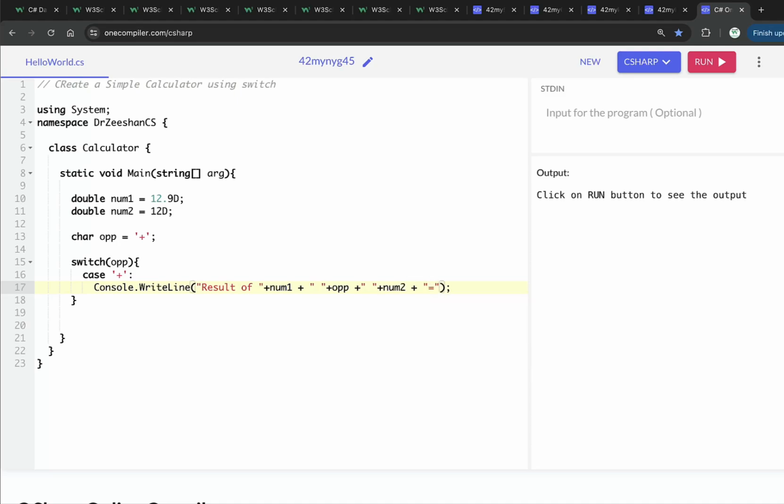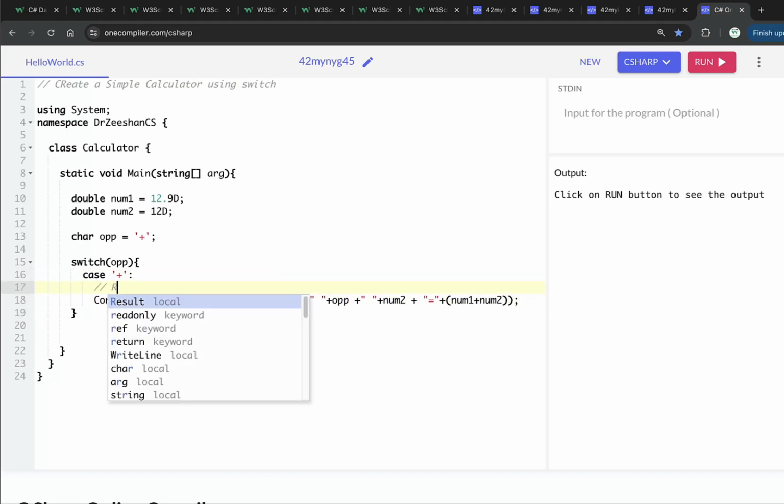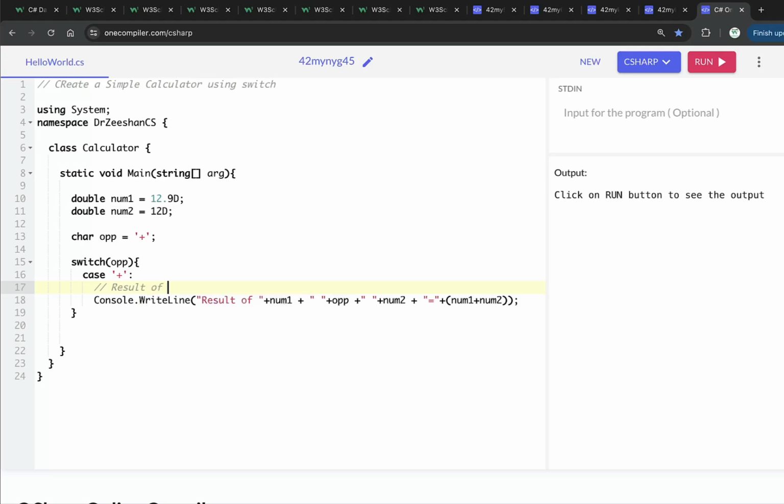Bear with me, I will explain everything in detail. Plus, and then inside the brackets, I'm going to use num1 plus num2. Voila. So now what we have done here is, because I want the result in this form, I want the result to appear in this, say, result of number one, which is going to be, for example,